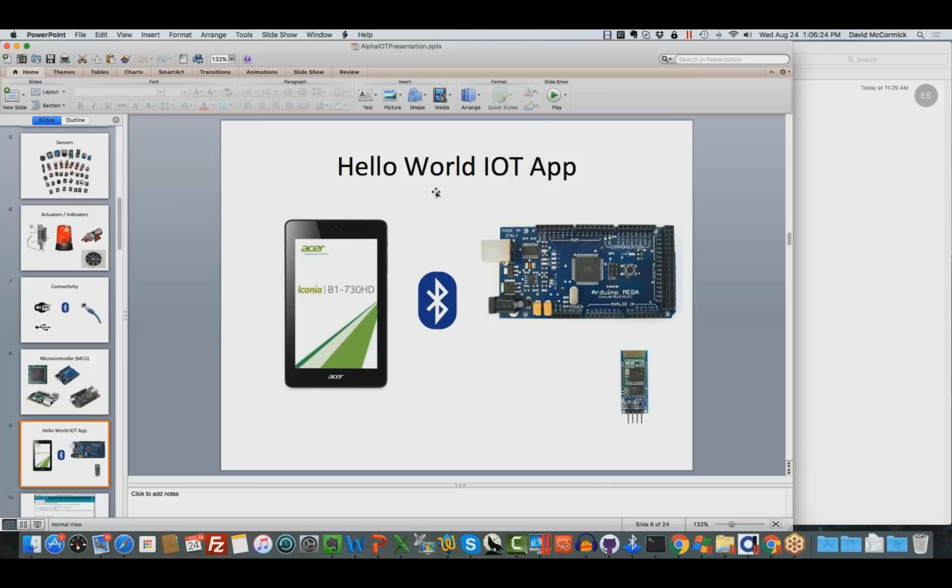So what we've done here is we've built a Hello World application, and we actually did this for a real client, and it's something I want to tell you about in the future. I just need to get his permission first. He's signed off and agreed to do this.